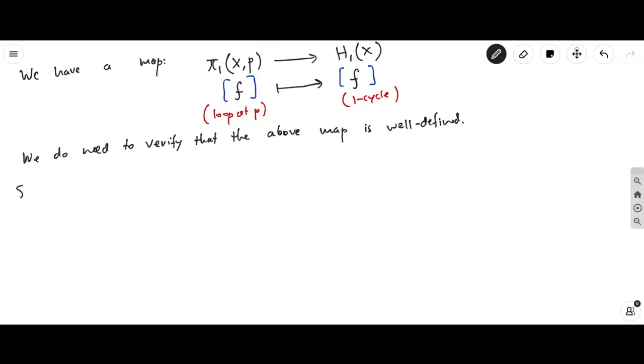So suppose f0 is homotopic to f1, and to understand which group it is, we'll just write in pi 1 of X comma p. By indicating the group, we understand this is about homotopy classes. So then by definition,